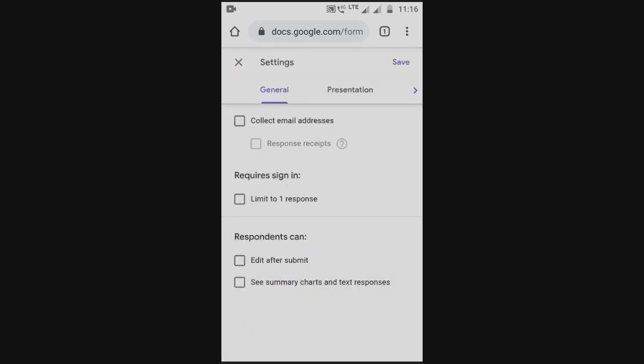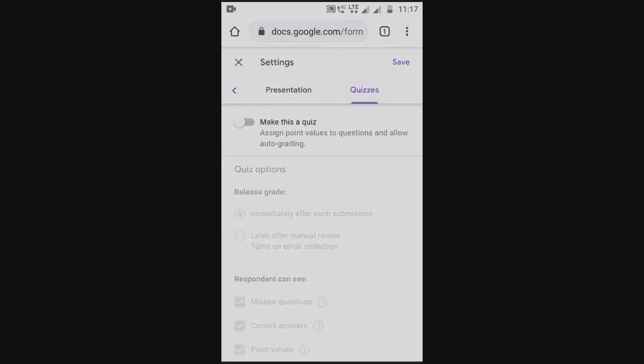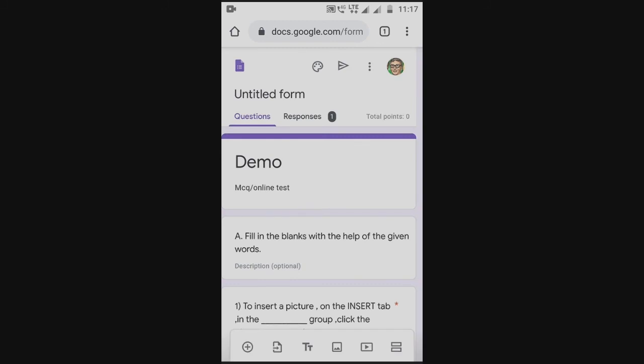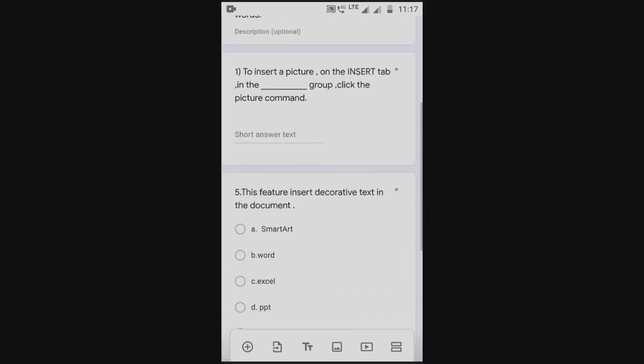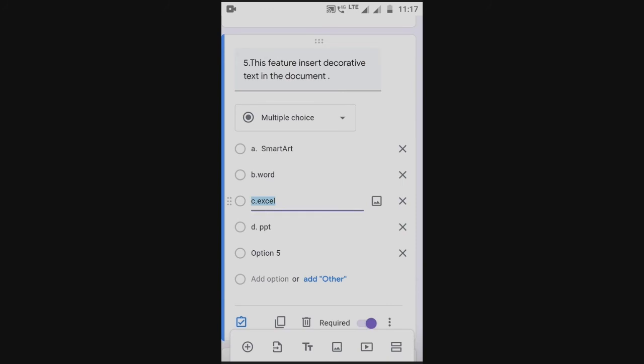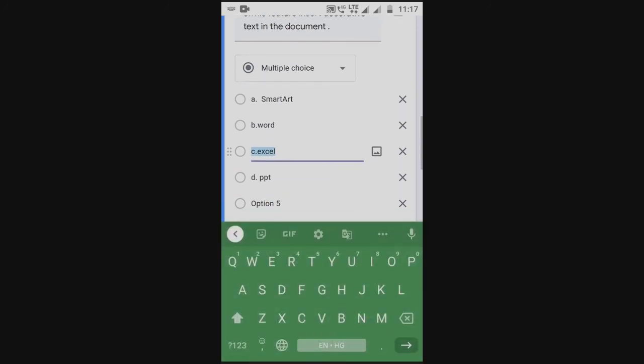Now in the setting option, you have to tap on the quizzes. Make this button enable and tap on save. Now go to your question and select the question for the quiz.